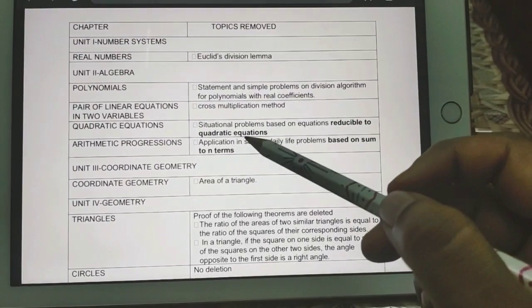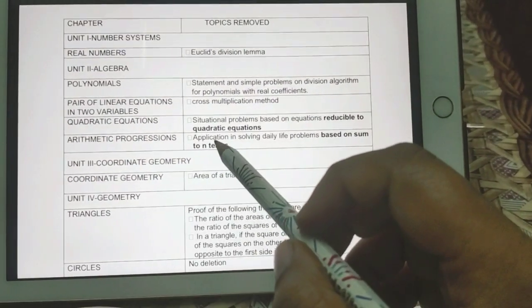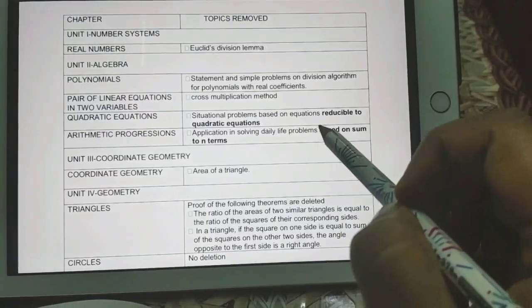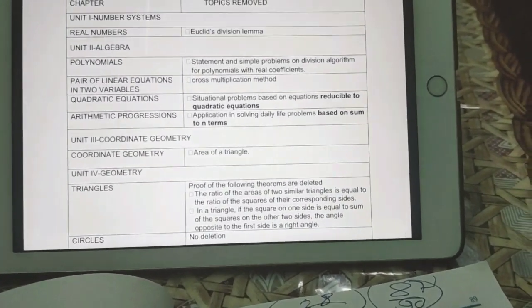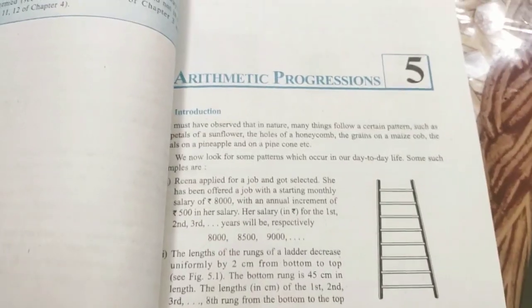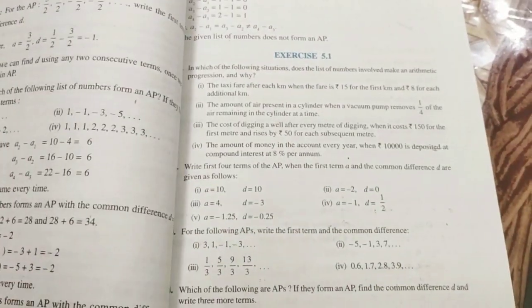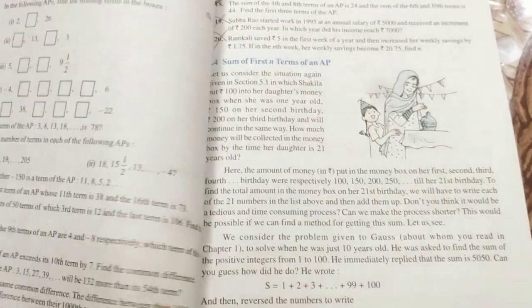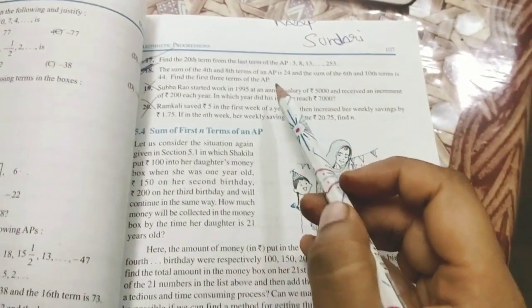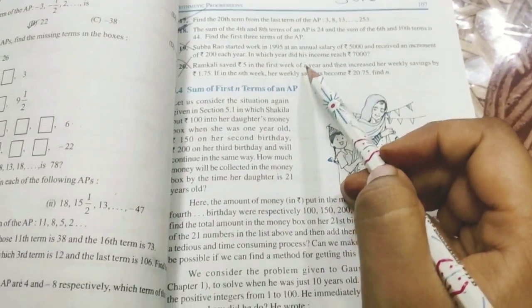Next one is arithmetic progression. In this, the application of solving daily life problems based on sum to n terms is removed. Coming to the arithmetic progression in the book, from exercise 5.1 you have to do it full. Okay, no deletion is there. In 5.2 you only remove 19th and 20th question,